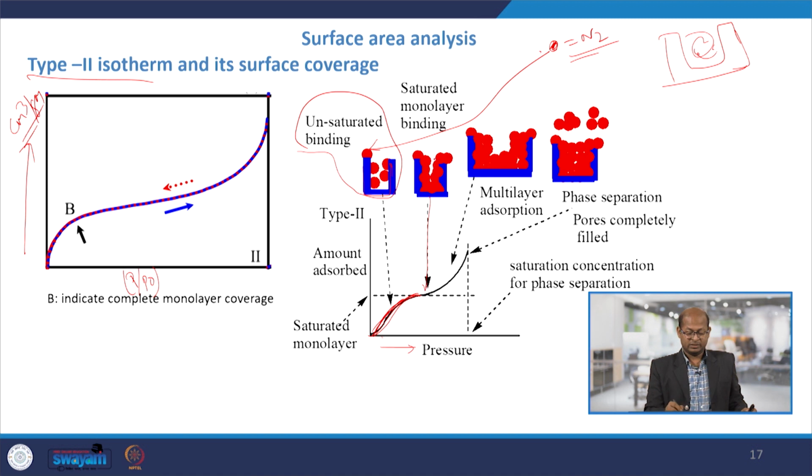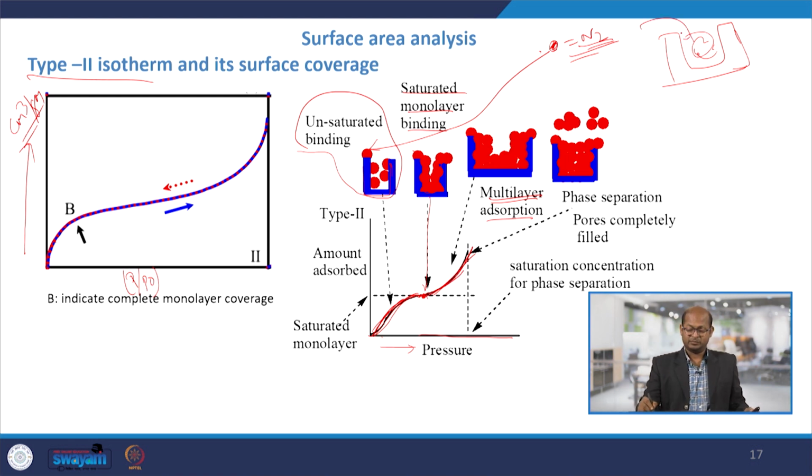So, monolayers, or this surface all covered by this saturated monolayer binding, means all the surface is occupied by the nitrogen molecules. So then it becomes a saturated monolayer from here. After that, if we further increase the pressures, the curve would go like this, meaning monolayer to multilayer shifting, multilayer adsorption. So, up to this monolayer and saturated monolayer, after that if we further increase the nitrogen